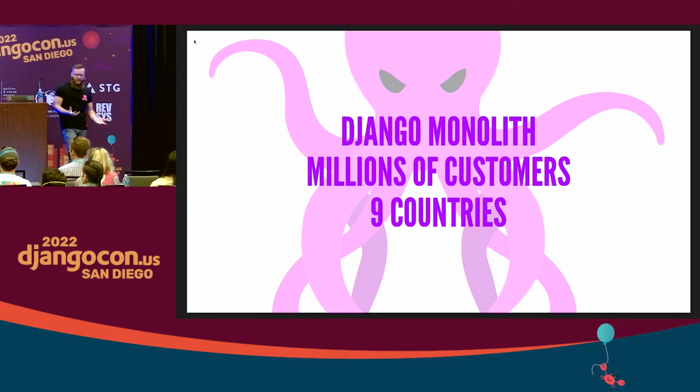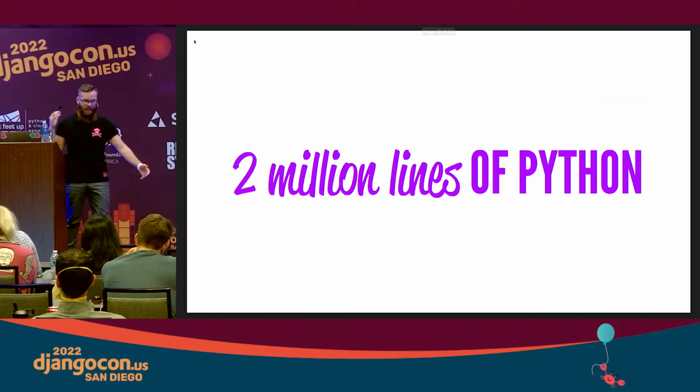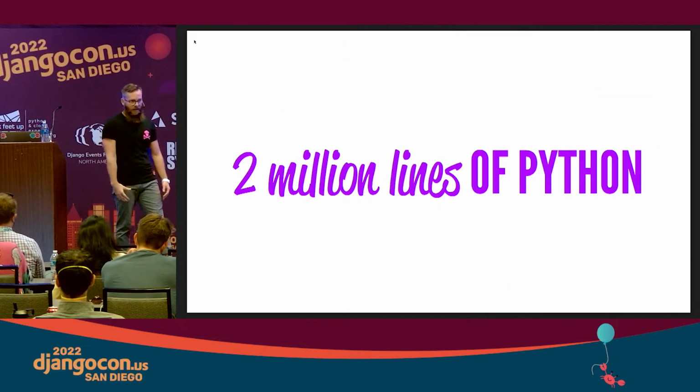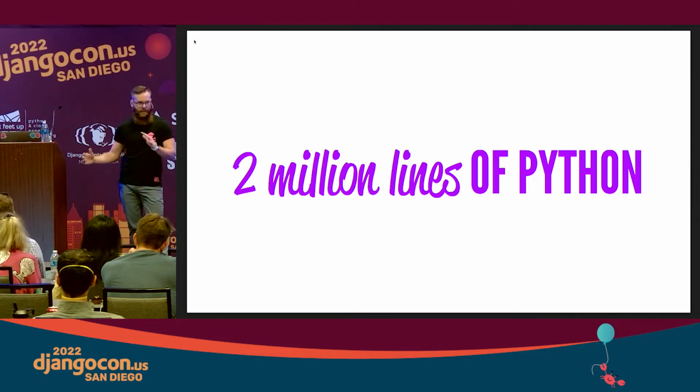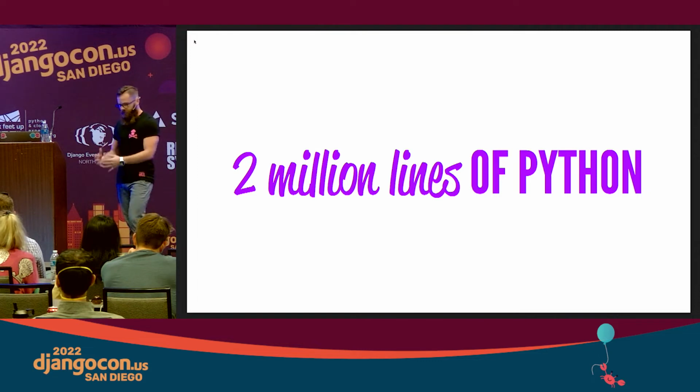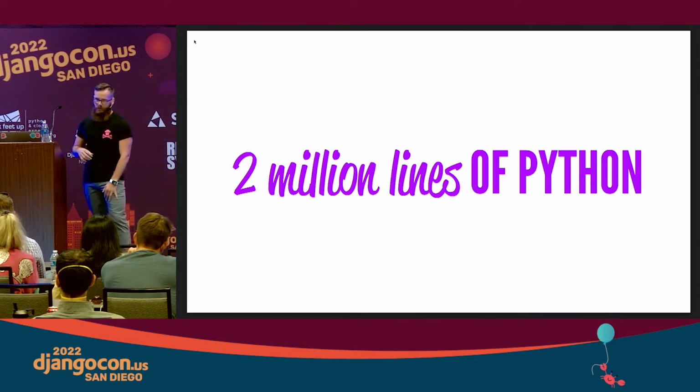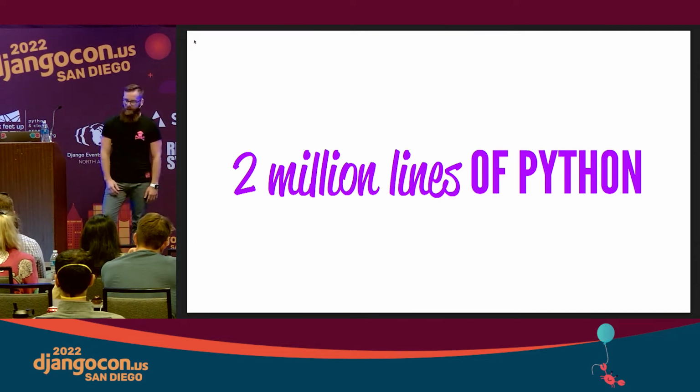And what Kraken actually is, is a giant Django monolithic application. We support millions and millions of customers, and we deploy it to 9 different countries every time we make a change. We have about 350 developers, and inside of Kraken, we have about 2 million lines of Python code that we have written. That's not counting our dependencies. That's not counting any JavaScript stuff that's thrown in there. Just 2 million lines of raw, insane Django monolith Python code.